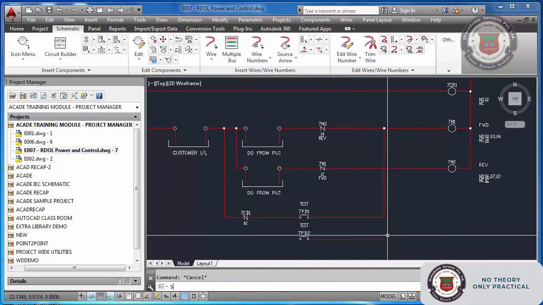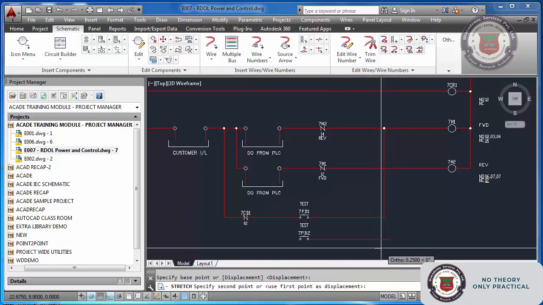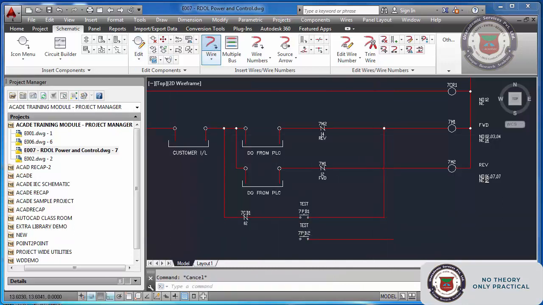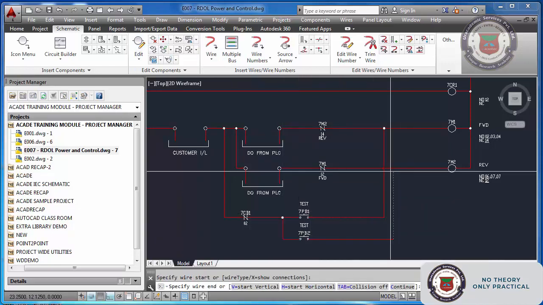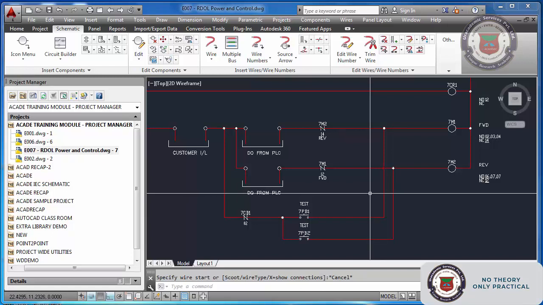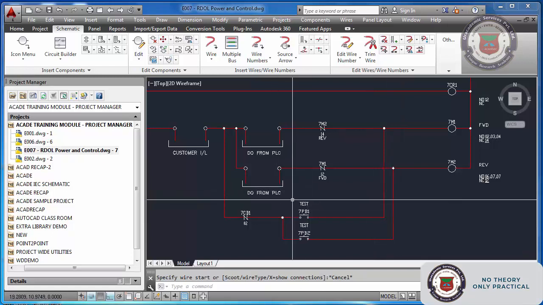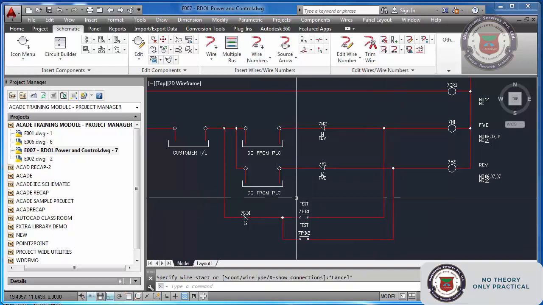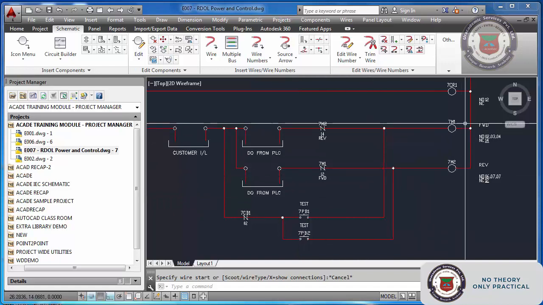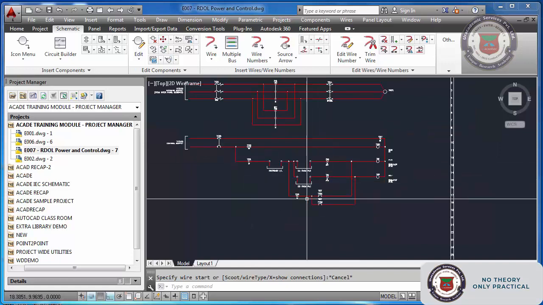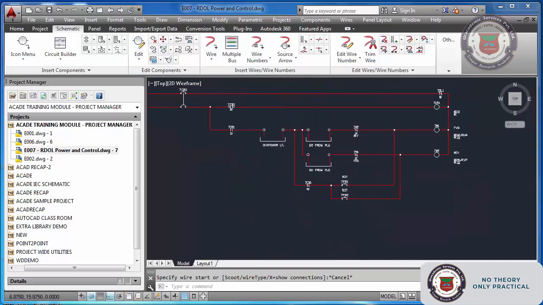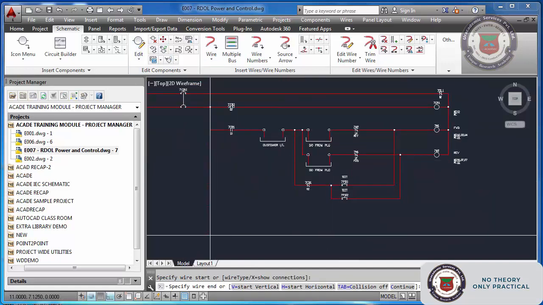I will slightly stretch this. I will add the wire here. This is for my second motor. These are test push buttons. While the starter is off, you can test whether these contactors are okay or not, for this purpose only.